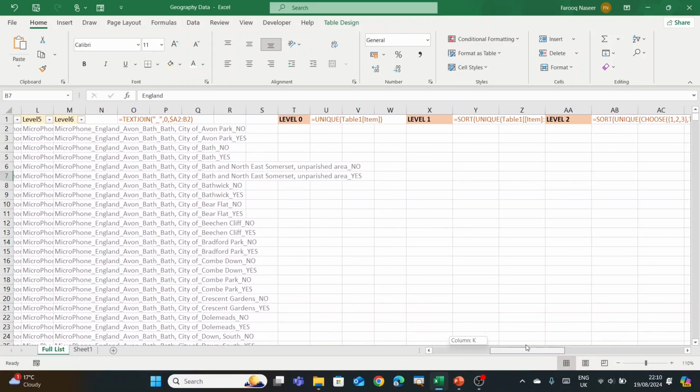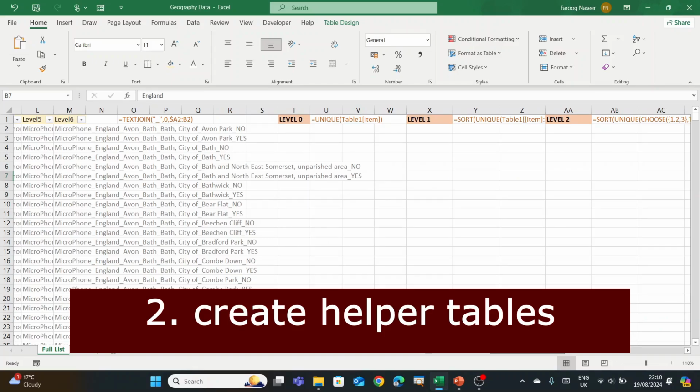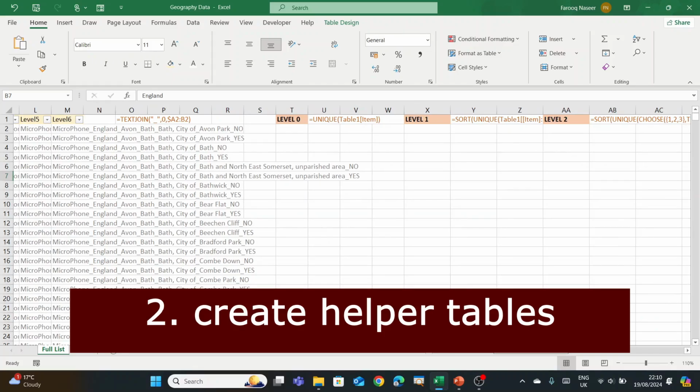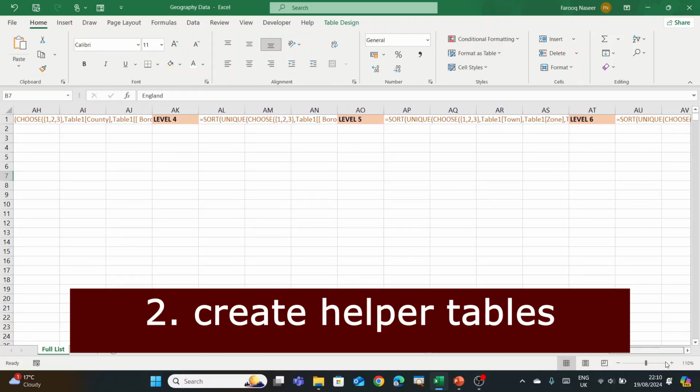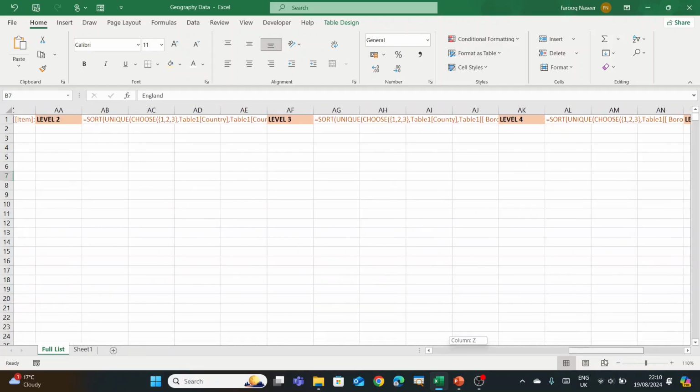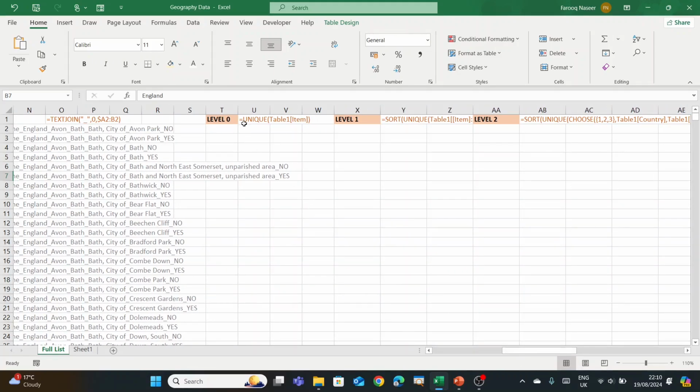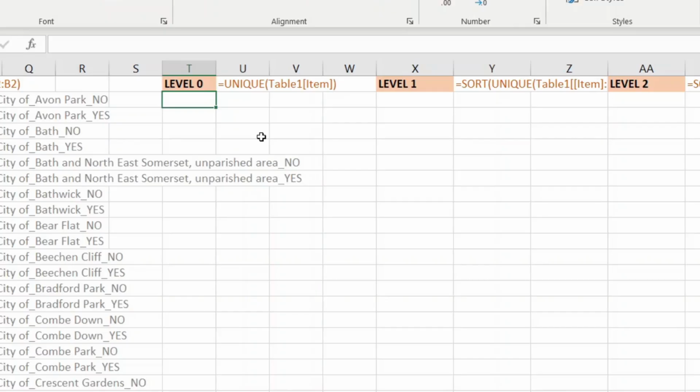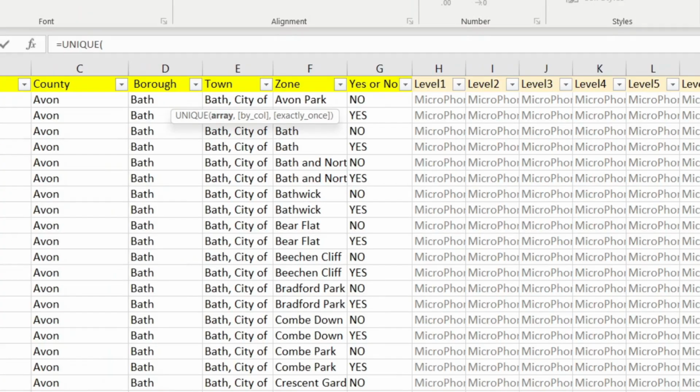The next bit is to set up helper tables, and for 6 levels we need 6 helper tables. The first one is just a unique list of the first column. So the first level, which will be the first column, just needs to be a unique list of the first column. So equals UNIQUE, the array is the first column, close bracket,